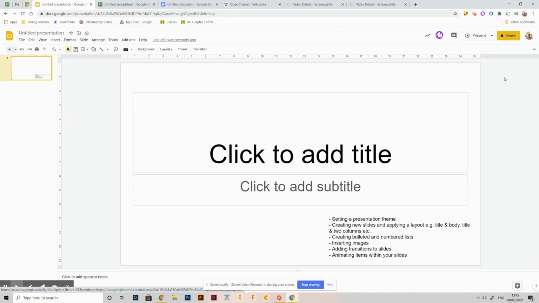Hi, in this video we are going to do a quick wee run through of some basic revision tips for how to use Google Slides. A new Google Slides document can be created by going to your browser bar and typing in slides.new, by going to new within your Google Drive, and also within your assignment in Classroom by clicking add or create and choosing